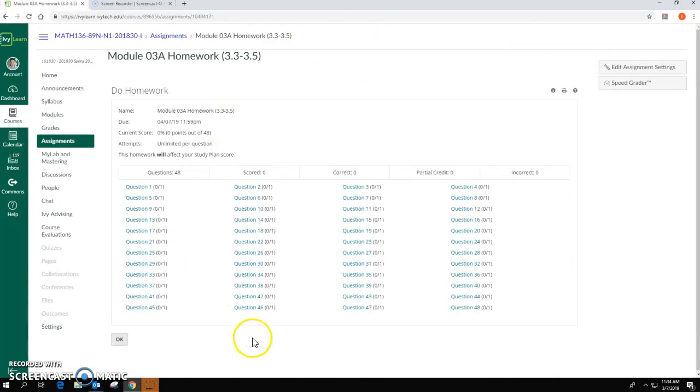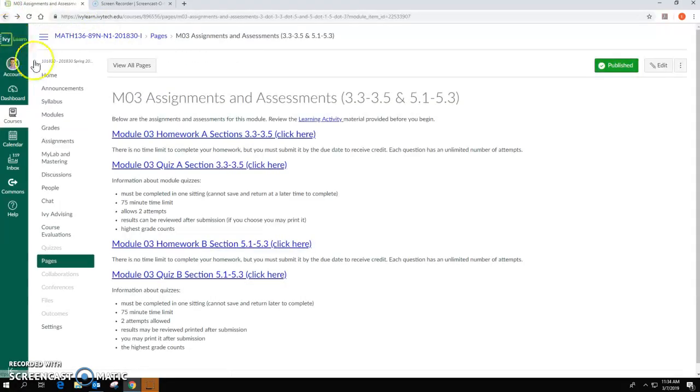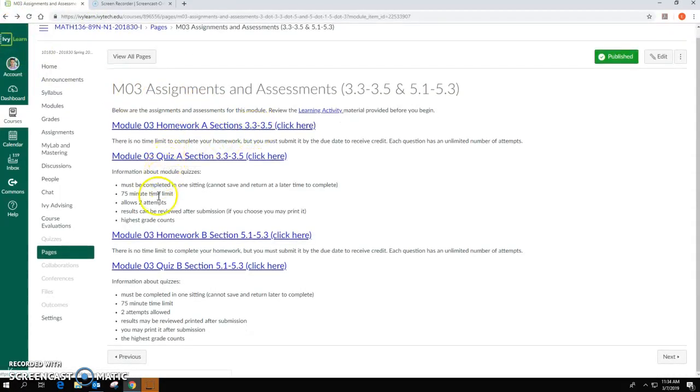Okay, so a bunch of questions, some of them are kind of short, so that's why there's so many. You'll go through, you'll complete those. You get as many attempts as you want. Unlimited attempts per question, so you should be able to get 100% eventually. Alright, so if we go back here, then there's a quiz. You get 2 attempts, 75 minutes, and then the second half of